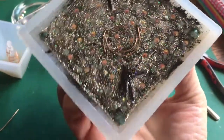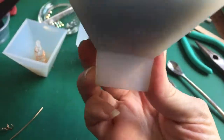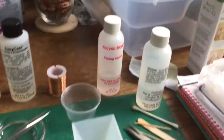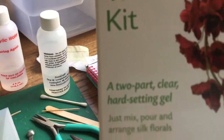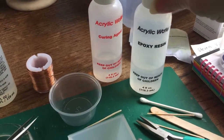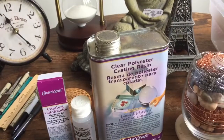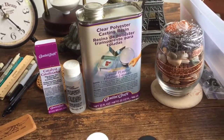But it's taking longer to cure than I was expecting. But I think it's because it's more of an epoxy. It calls it acrylic, but I think it's really... See, the thing of it is, it's got these two parts. Yeah, see, it says epoxy resin. And epoxy and clear polyester are different types of